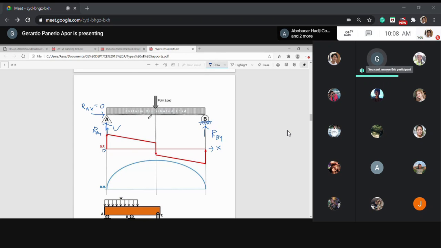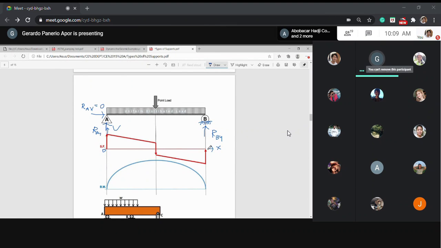Now that distributed load, especially if the loads are going down, can be represented as a line sloping down as you progress toward positive x. That means the sloping down represents the small force at every uniform interval along x, and that is the effect of the uniformly distributed load. It will continue